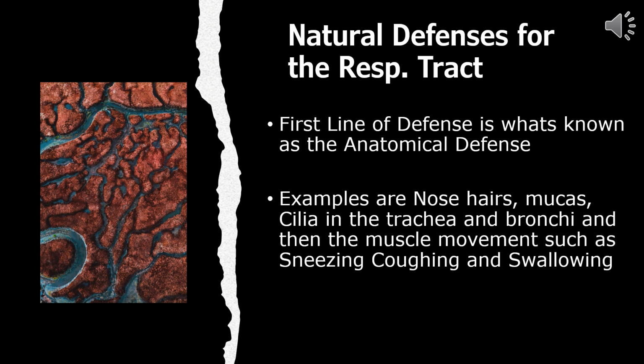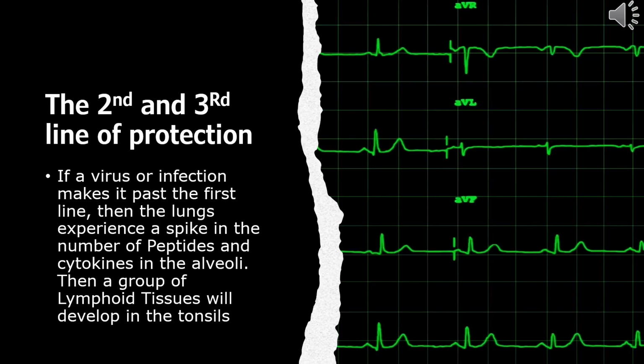Before getting into the second and third defense. Alright, so moving into the second and third line of protection that the respiratory tract has. If the virus or infection or bacteria, sometimes fungus, but that's very rare, we'll get into that in a couple of slides. But if it was to make it past the anatomical stages of defense for the body's natural system,